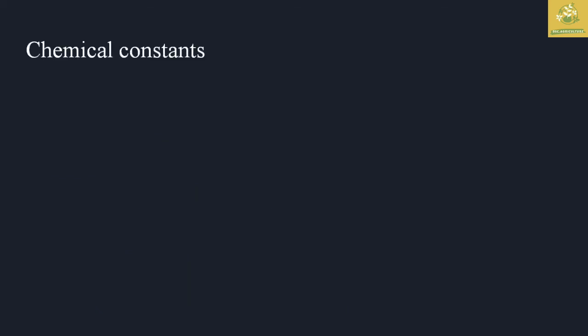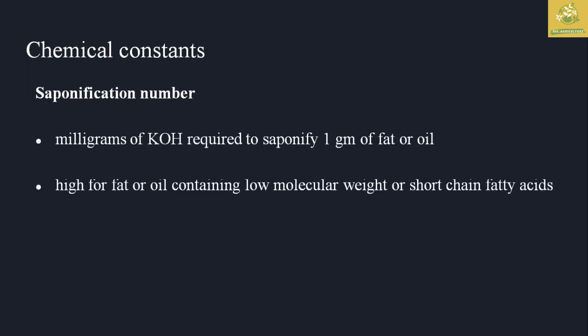And after seeing physical constants, we are going to see physical-chemical constants. So the first one is saponification number. Saponification number is the milligrams of KOH required to saponify 1 gram of fat or oil. We have seen the saponification process. The number of milligrams of potassium hydroxide required to saponify 1 gram of fat or oil is known as the saponification